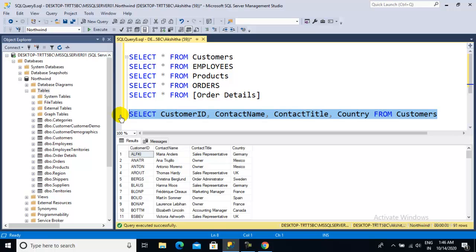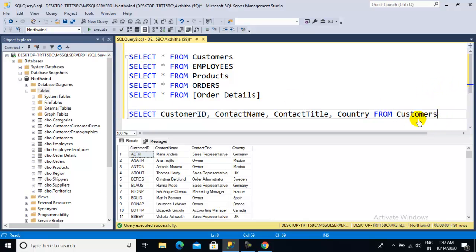If it is 1000 records and you get everything, the payload, meaning the data we get from the server, will be high, so it will take time to load the data. From the performance perspective, whatever fields are required, only those fields should be mentioned. This is the way to write it.